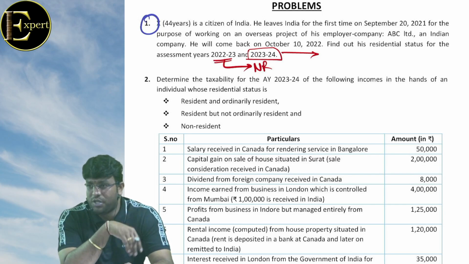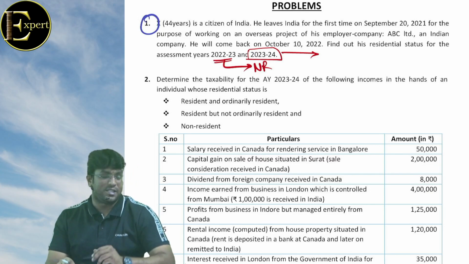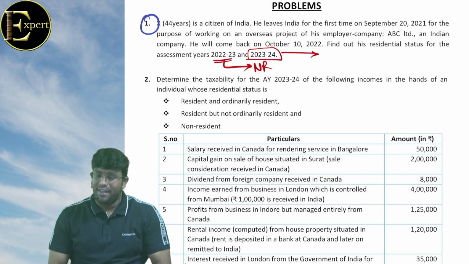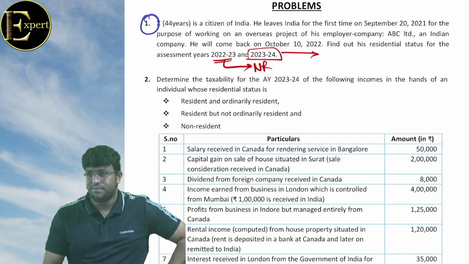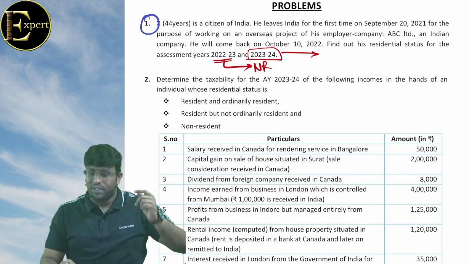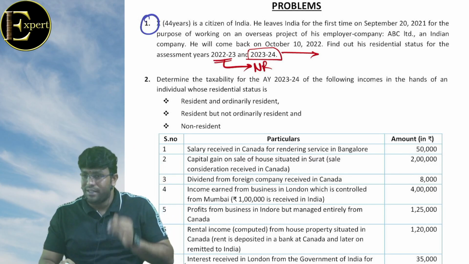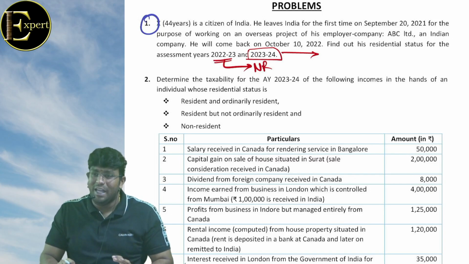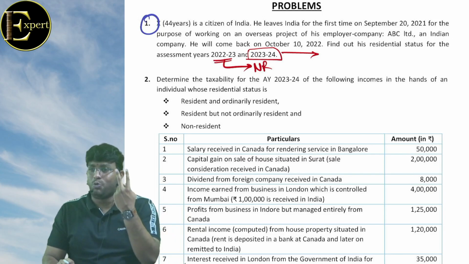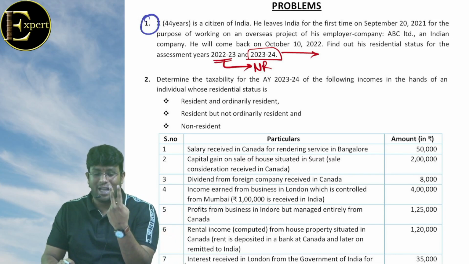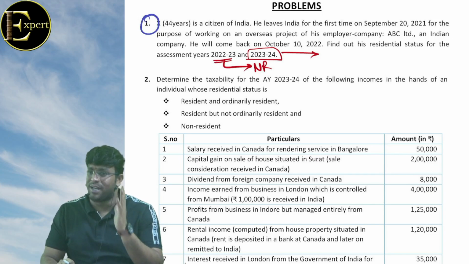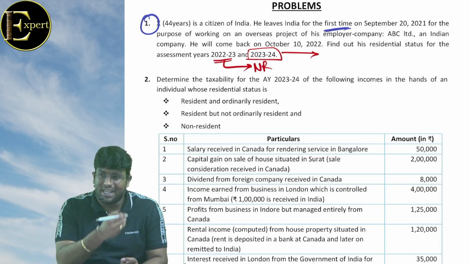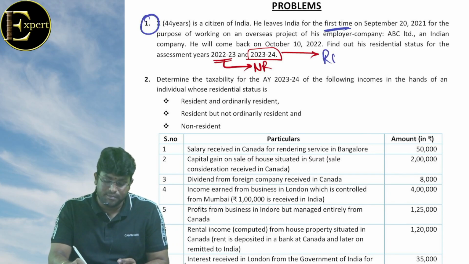Sir, my straight question to you: the second bit is talking about which assessment year? 23, 24. Which previous year? Did he go in 22, 23 for employment? That case will not come. But in 22, 23 he has come to India. Did he come for a visit? He came back permanently, so that point also will not apply. If that point is also not applicable, we have two options for basic condition. And this man can easily satisfy the second basic condition. Additional, obviously will satisfy, because he went for the first time in life only last year. His status will become